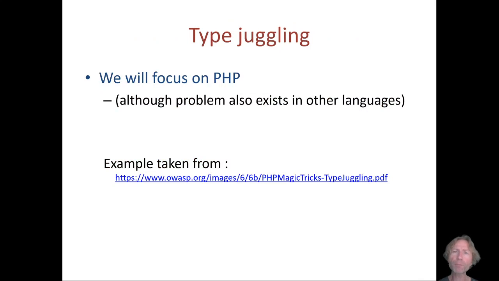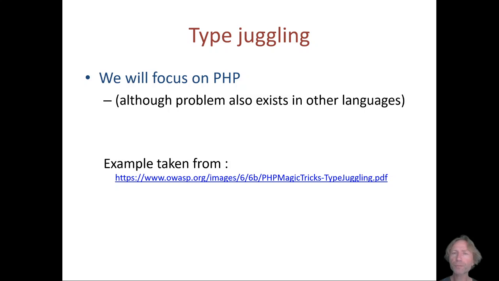So let's go back to PHP for just a second, because I want to use that language to illustrate yet another problem that also occurs in other languages. But it's nice to show it in PHP because it's so pervasively used. And it's a problem of type juggling. And the idea here is that sometimes PHP has difficulties being consistent in the way it infers the types of